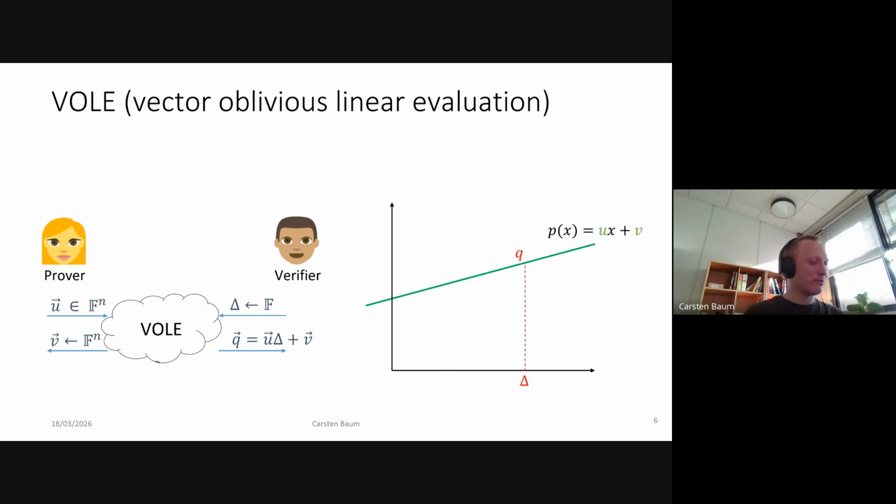Fantastic question. I have been sweeping a lot of things under the rug here. What you usually want is that your field size is large enough, something like 128 bits or so. However, you can arrange things such that, for example, u is only going to be in a subfield. For example, it's just a bit, and everything else is in an extension field. That turns out to be nice, because that allows you to do efficient proofs where you just send 1 bit but you get soundness that is as large as the security parameter. But yes, good question.